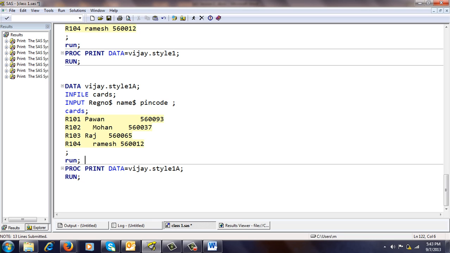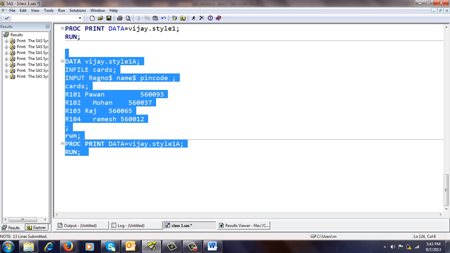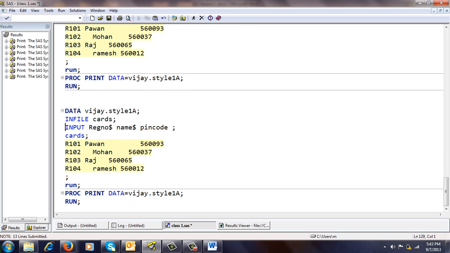Now in case we have some missing values in this data, suppose I take 1B. Here I take some missing values: in the second observation I do not know the pin number, so all missing values will be put as a dot.